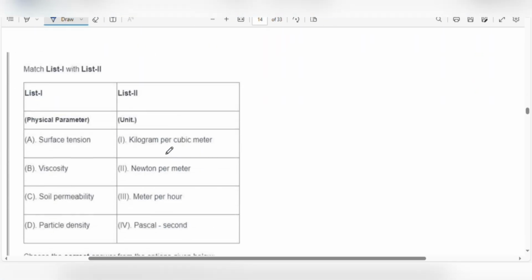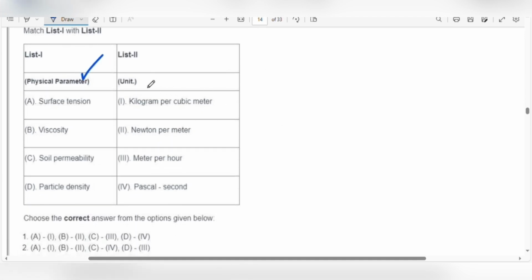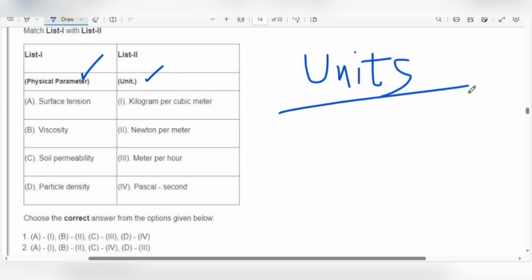Another question from soil physics, and you can see there is a physical parameter in list 1 and units in list 2. You have to be very thorough about units of everything: infiltration capacity, soil permeability, oxygen diffusion rate, thermal diffusivity, thermal conductivity, hydraulic conductivity. All these parameters you should definitely know the units. You have to know the units because you can at least expect 1 or 2 questions for sure from the units portion of